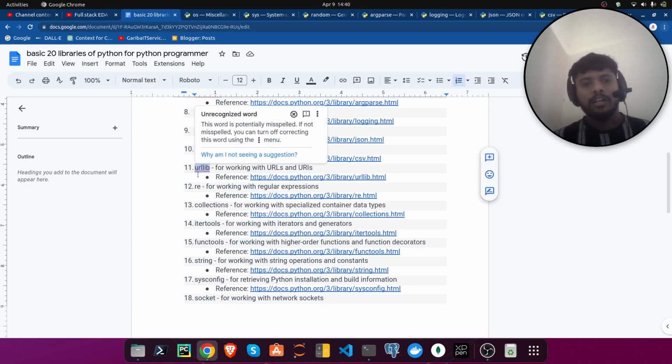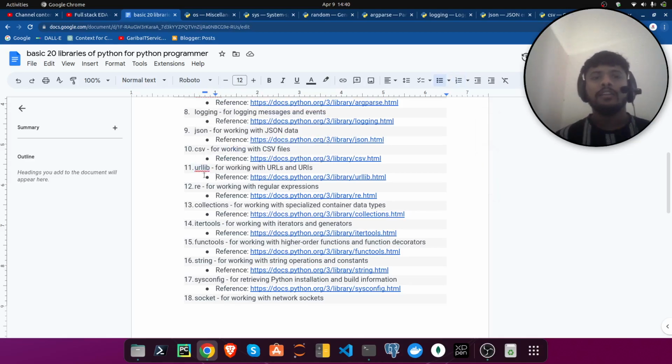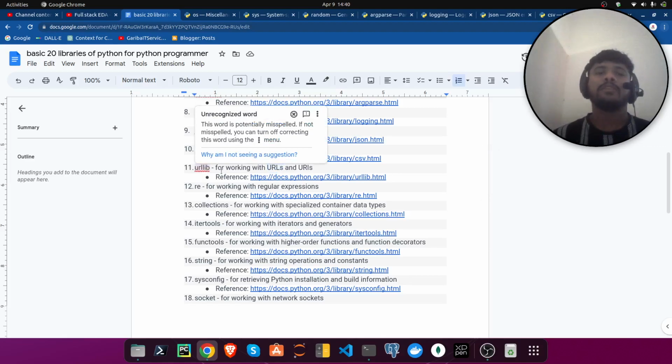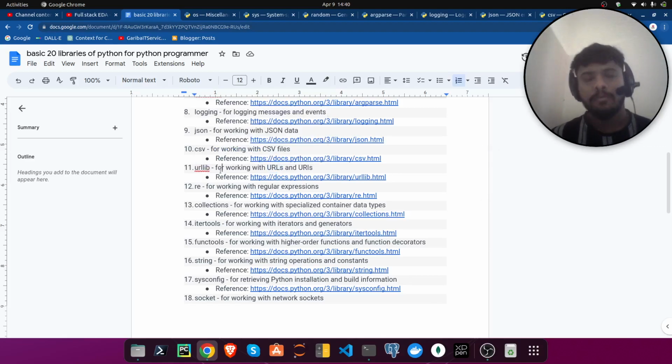And urllib is for working with URLs, like when you want to extract some kind of data from URLs, or download some images from URLs. This is a very useful library for us in Python. And re stands for regular expressions, for working with regular expressions.